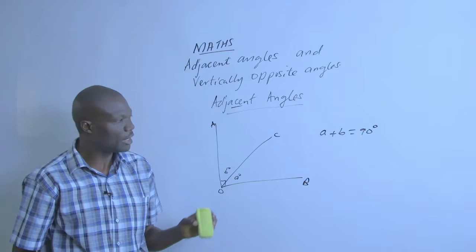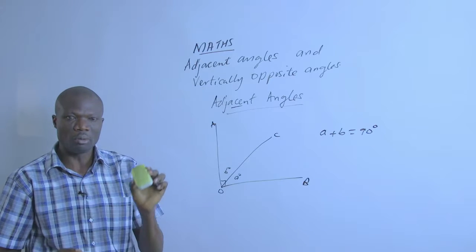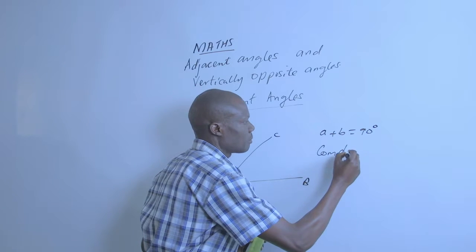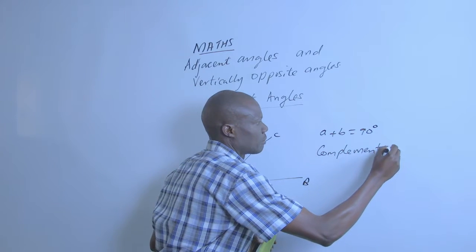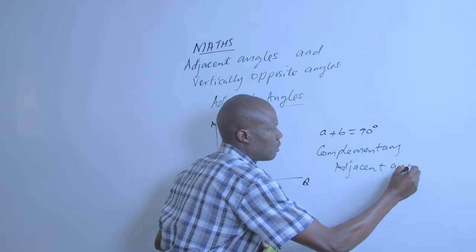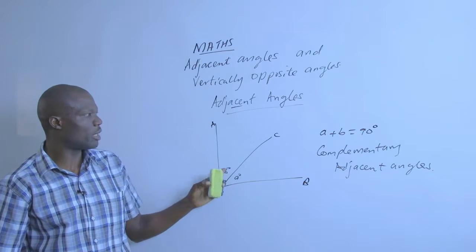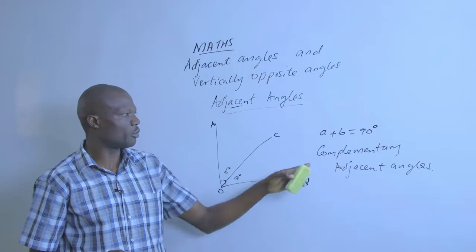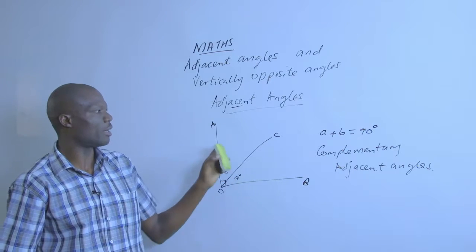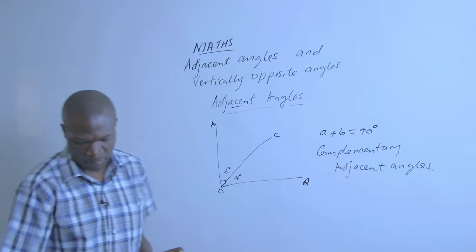If this is the case, then we find that the two pair of angles, that is A and B, form adjacent angles that are called complementary. So A and B are pair of angles that form complementary adjacent angles, which simply means that A plus B gives us 90 degrees. Another pair